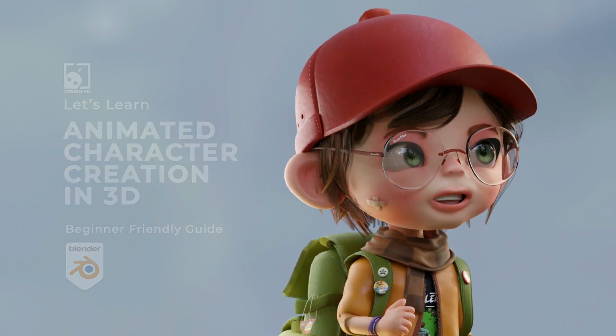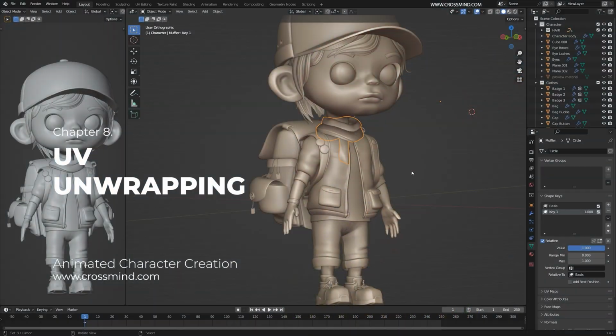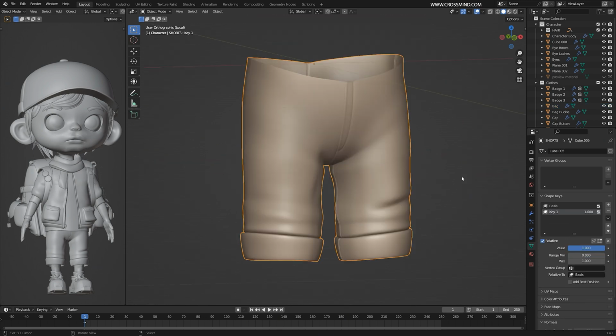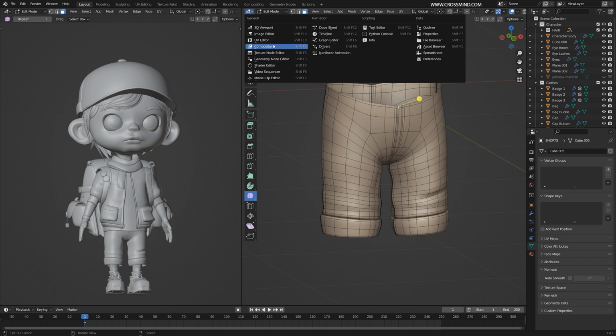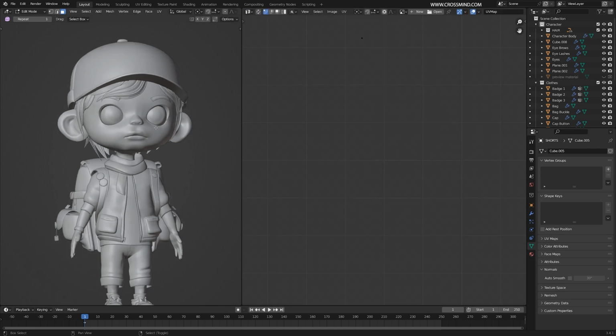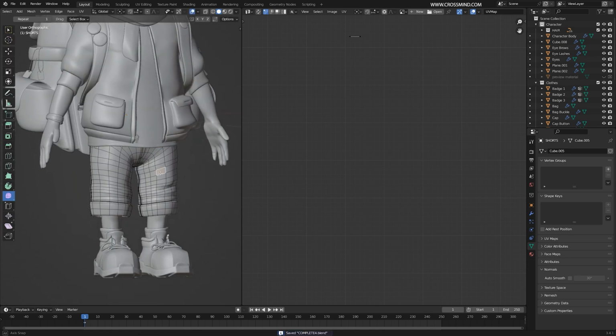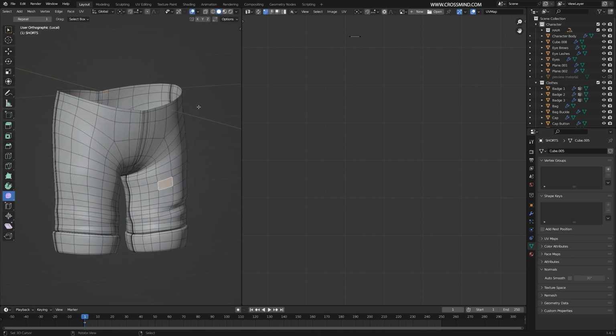The only complex part which I see is the main body. Other than that, these are pretty simple ones. So let's start with the most basic one first. In this viewport, I'm going to bring in one UV editor and at the left we have the model. All right, let's say we start with these shoes. I'm going to isolate this one, and there are a few things we need to do before we start.